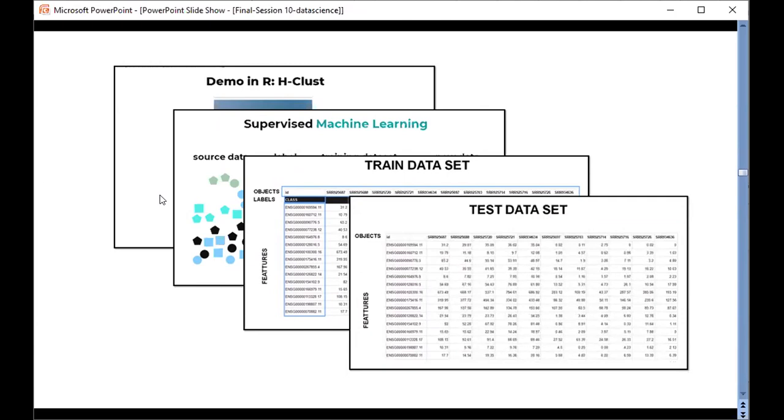Does any one of you remember how training data is different from the test data set? Training data has the categories while the test data doesn't. Yes. So it contains labels or classes or categories, while test data lacks that. Once a supervised machine learning model is trained on a training data set, it will predict the labels for the test data set.